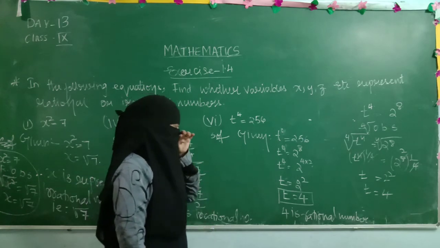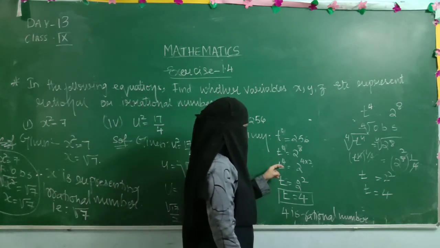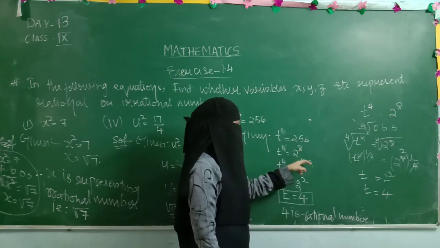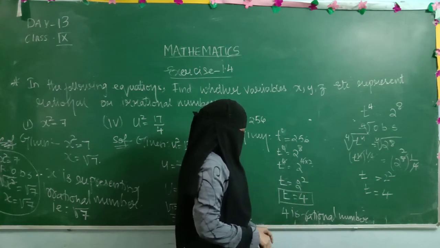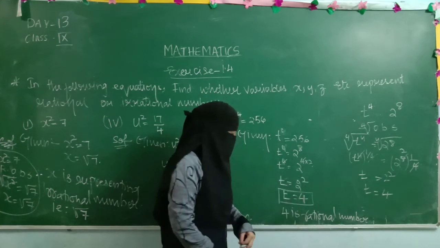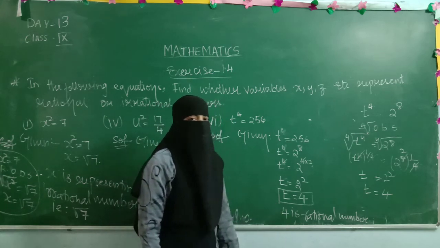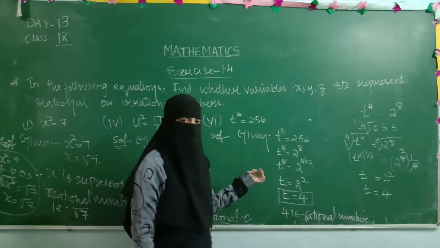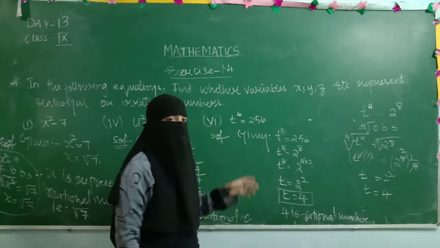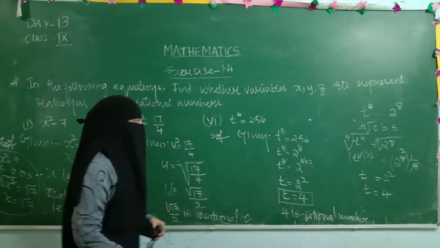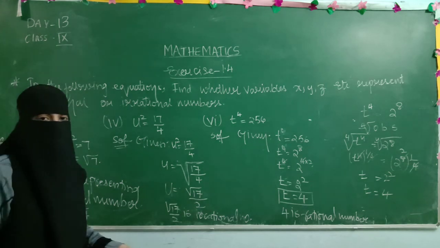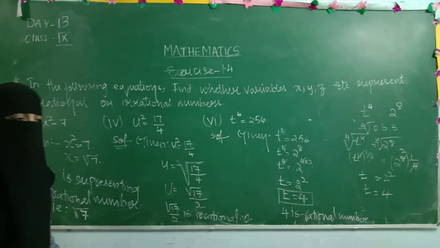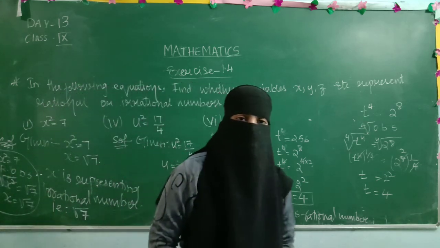So in a simple way I have written t to the power of 4, and this 2 to the power of 8 can be written as 4 into 2. On both sides I am cancelling this 4, and you got t equal to 2 square, which is nothing but 4, and 4 is a rational number. We have to check whether they are rational or irrational numbers, and we have done that. Hopefully this one is very clear to you. A few problems I will write, you need to try them, or you can take your own numbers and solve these problems. Hopefully the concept is very clear to you.